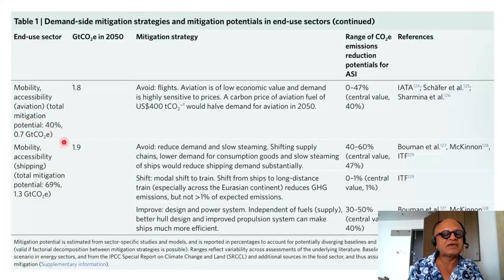Further, the mobility accessibility also has flights and shipping. Aviation is of low economic value and demand is highly sensitive to prices. A carbon price of aviation fuel of US $400 per ton of CO2 would have the demand for aviation in 2050. So you have to look at the pros and cons of simply imposing heavy carbon tax on people who want